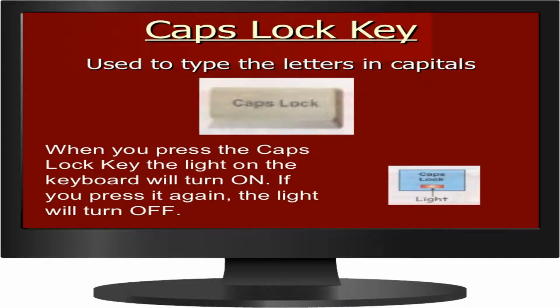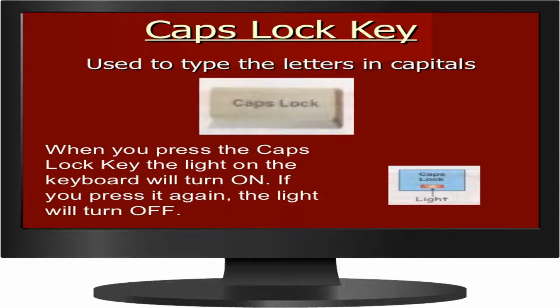Caps lock key. It is used to type the letters in capitals. When you press the caps lock key, the light on the keyboard will turn on. If you press it again, the light will turn off. If you want to type the words in capital letters, then you will press the caps lock.